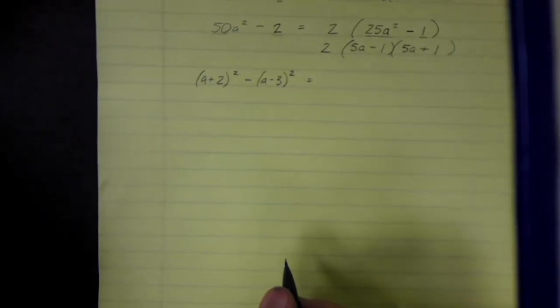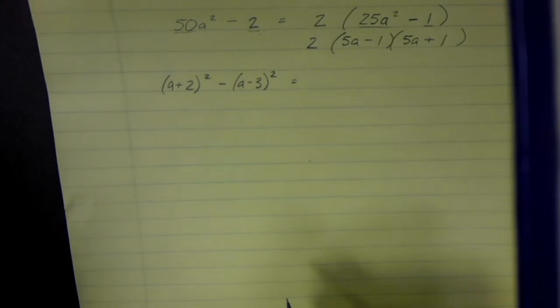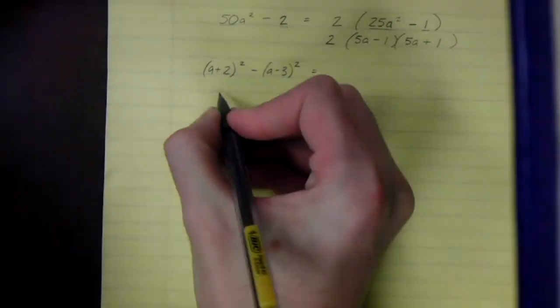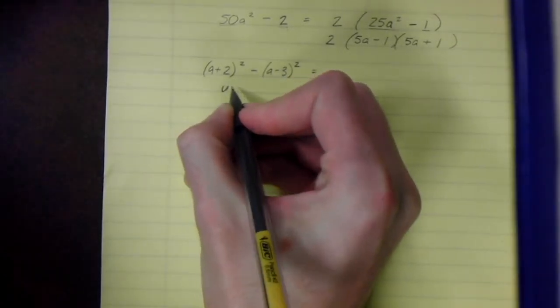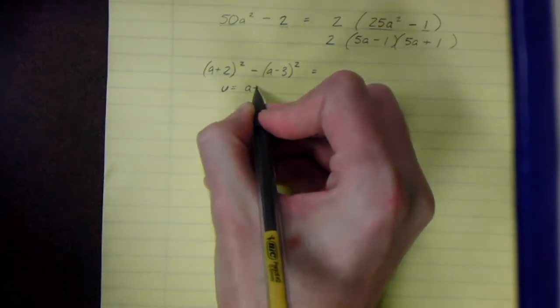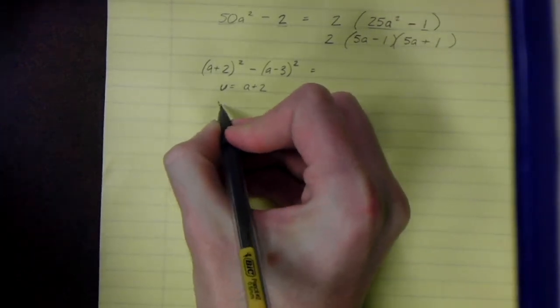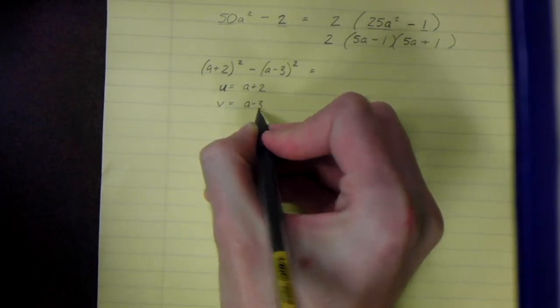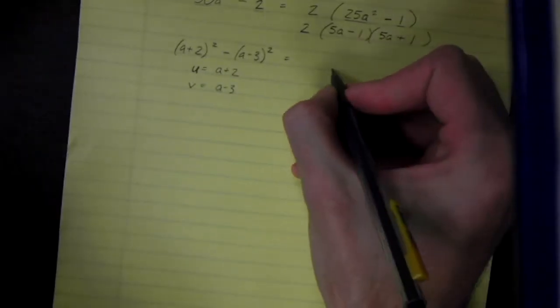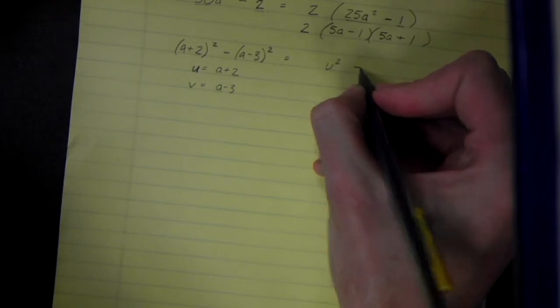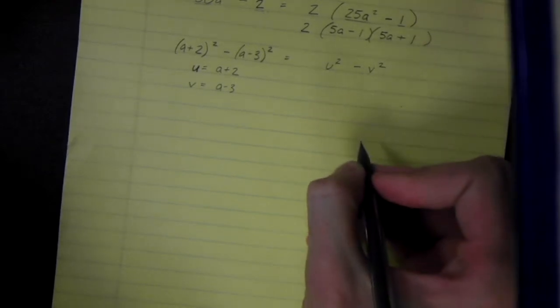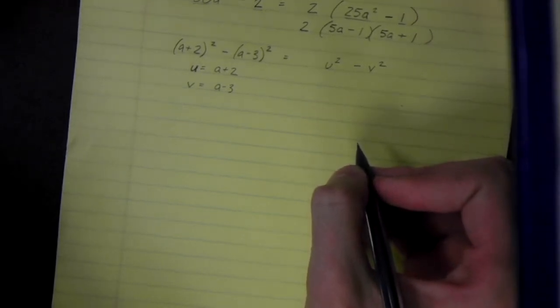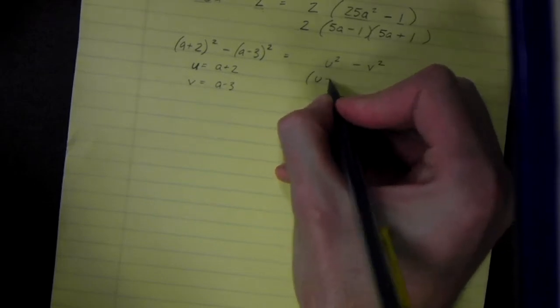So this one looks a little bit more complicated. A plus 2 squared minus a minus 3 quantity squared. Alright. So we use a little trick here where we let u represent a plus 2, and we let the letter v represent a minus 3. So then our problem becomes u squared minus v squared, which is a lot easier to factor. That'll factor as u minus v,